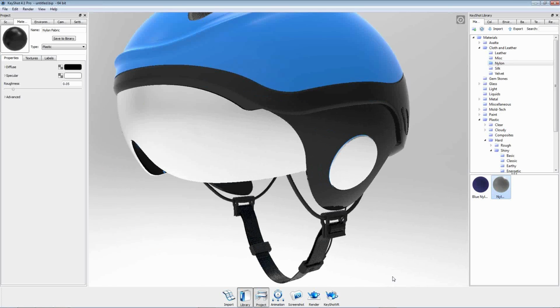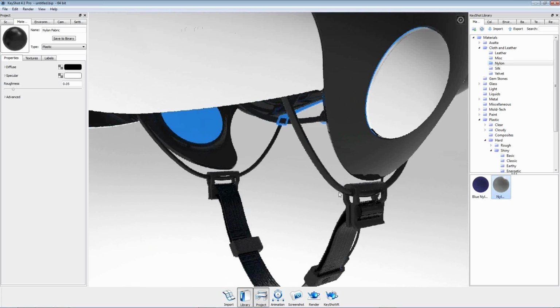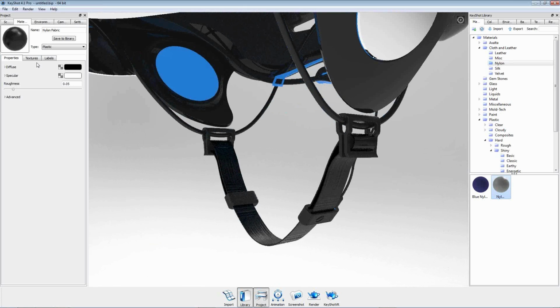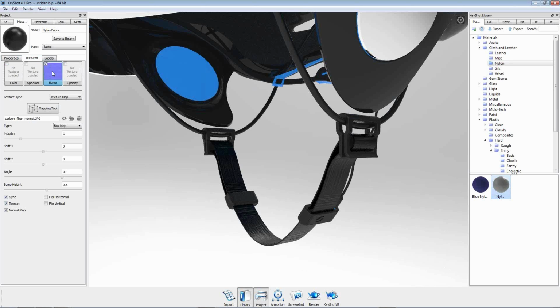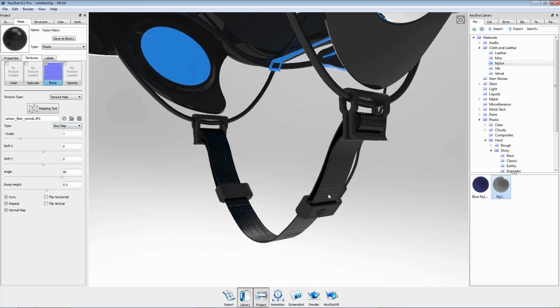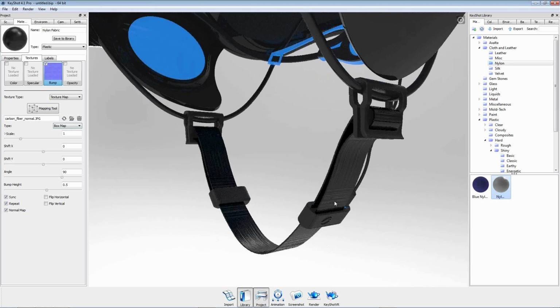So it looks like we have to adjust the scale of our texture here. Go over to our Textures tab, and this is not a procedural texture, so we have a few more options here. We have it applied as a box map, which is probably okay in this case, because the wall thickness is not very big, and we shouldn't have to worry about seams. So we'll reduce our scale,